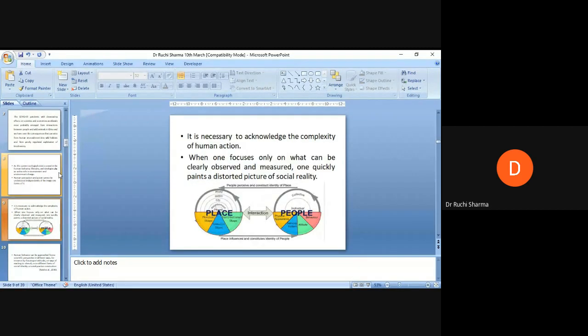So we can say that the interaction of the people and the place or the land has a severe impact on both. That is, we affect the environment and the environment affects us. So it is necessary to acknowledge the complexity of human action. When one focuses only on what can be clearly observed and measured, one quickly paints a distorted picture of the